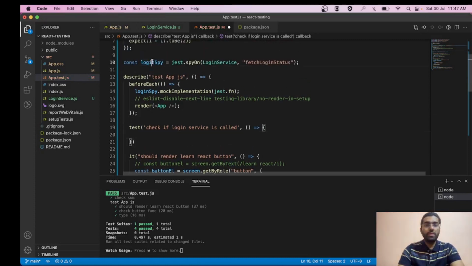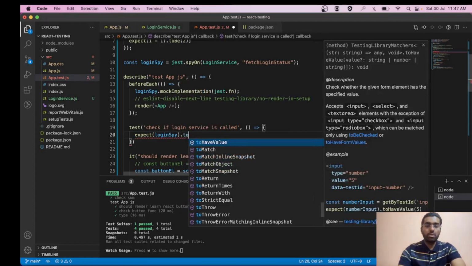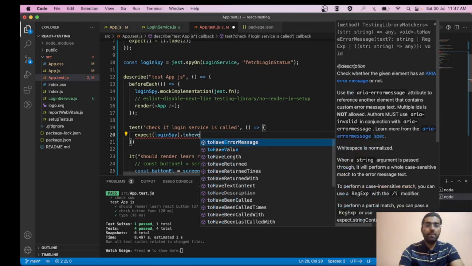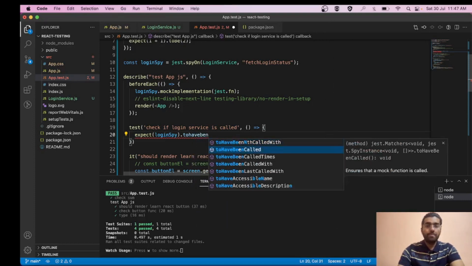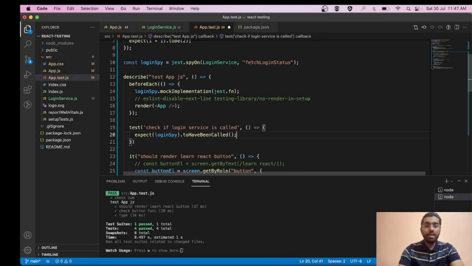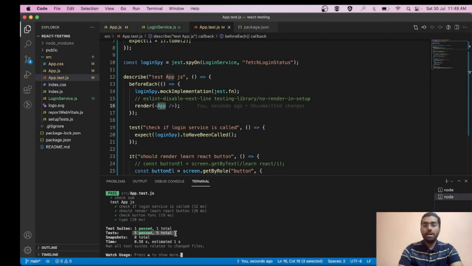In order to check it, you can simply write expect(loginSpy).toHaveBeenCalled. So friends, you can simply check whether your particular login service is getting called or not in your app.js. And again we have passed the test case.